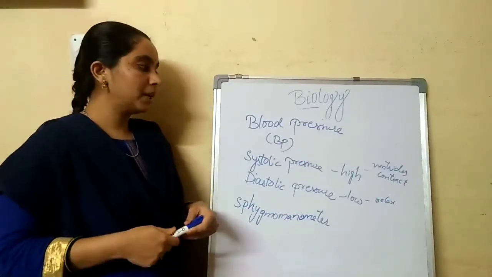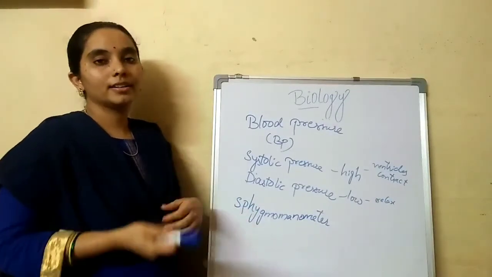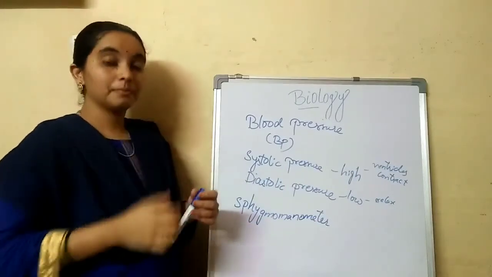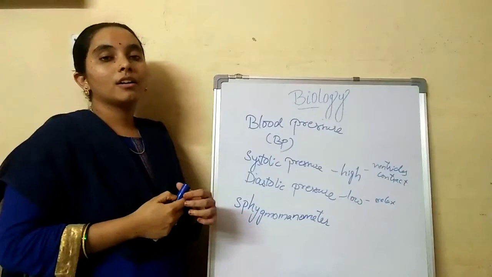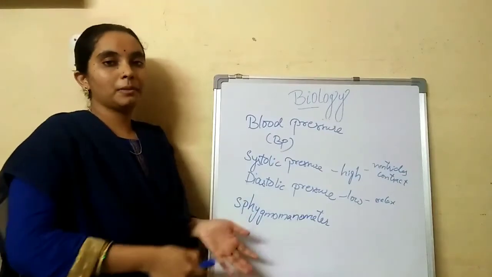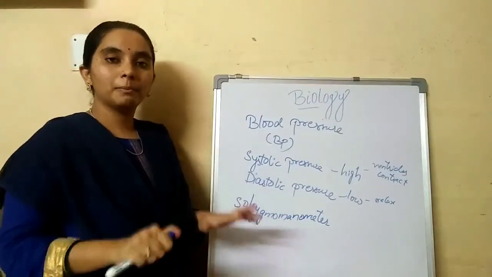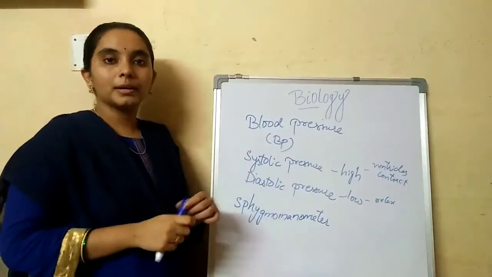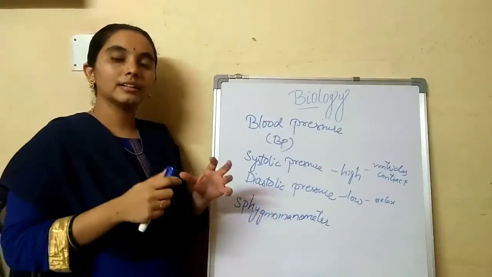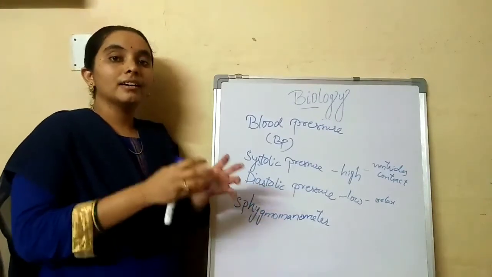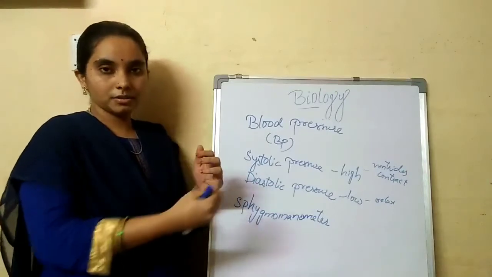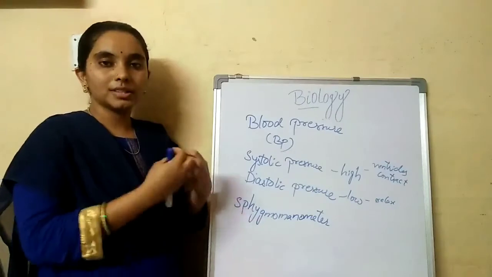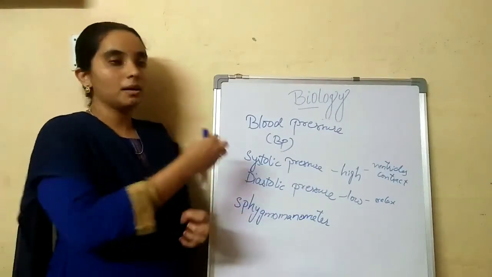The next thing is blood pressure, which is commonly called BP or hypertension. Okay, people always say that I have a BP, or he has BP, she has BP. But BP is present in everyone. BP is the blood pressure, the pressure with which the blood has to flow or circulate in the body. So it needs some pressure to circulate in our body. That is called blood pressure.